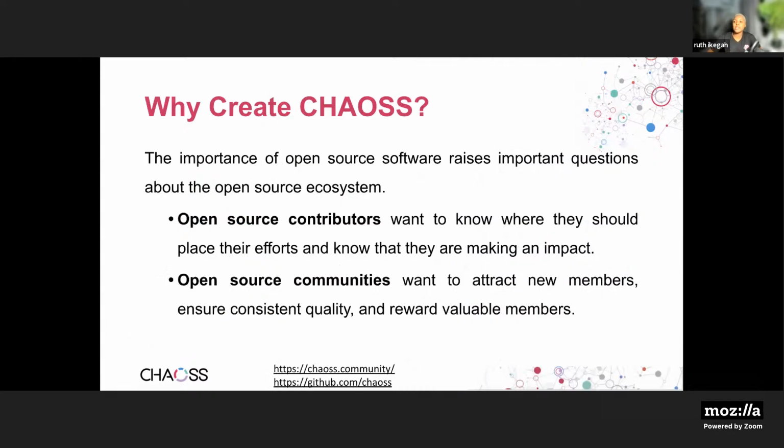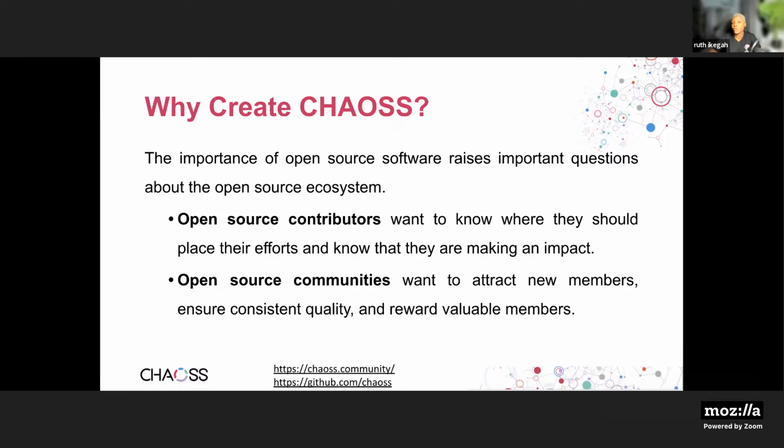So the question is, what is CHAOSS? Before I even go into this, CHAOSS is an acronym, which means Community Health Analytics in Open Source Software. So at CHAOSS, we focus and we care about open source community health, and we create analytics and metrics that help define open source community health. Now, the different reasons why CHAOSS exists, it kind of attends to different